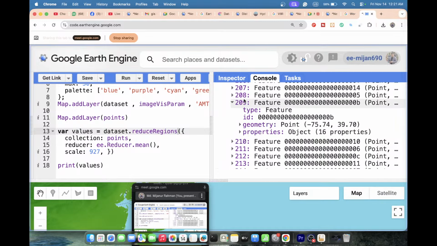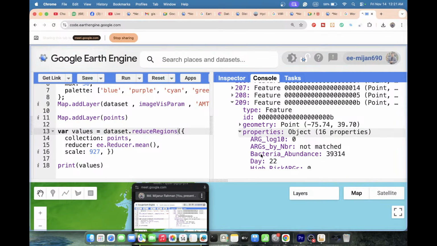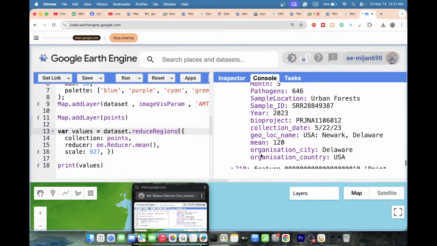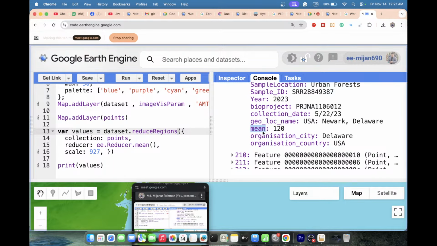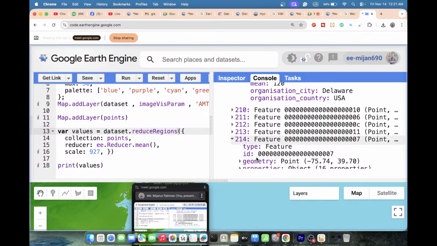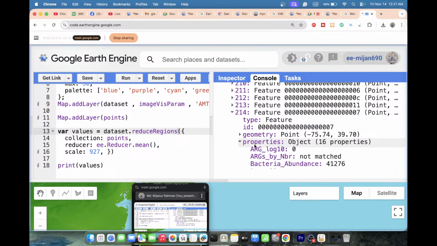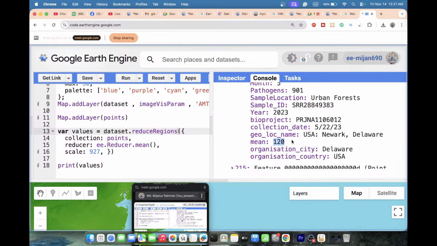So this mean column, yeah, this is the mean column. This mean column stored the information for annual average temperature. Okay, this is the main column. And if you suppose this is the